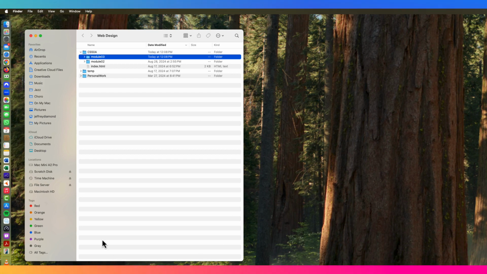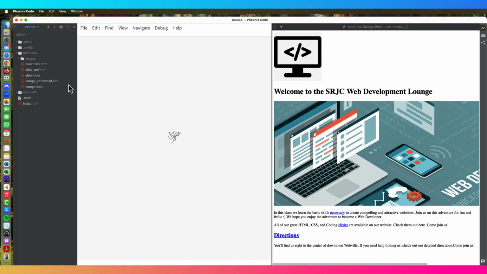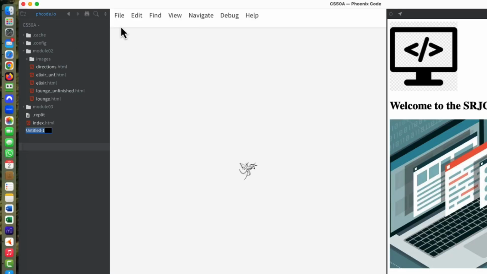wiki.html. So I'm going to open up Phoenix Code Editor, and we see my old files that I have been working on. I'll close this from the Working Files area and choose File, New File. Now, as soon as I do that, I have to name it. I'm going to call it